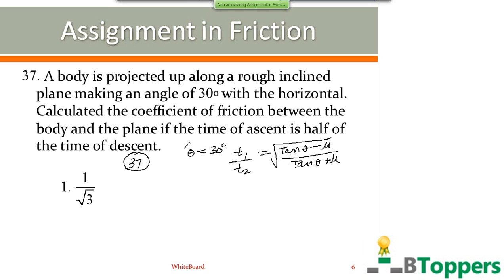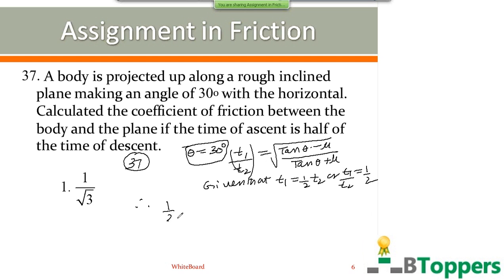You are given that theta equals 30 degrees, and you are also given that the time of ascent is half of the time of descent. That means T1 is half of T2, or T1 by T2 equals 1 by 2. Therefore, you can substitute T1 by T2 equal to 1 by 2 on the left hand side of this equation,